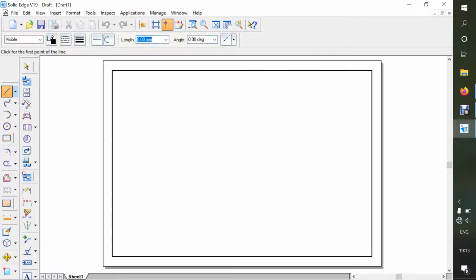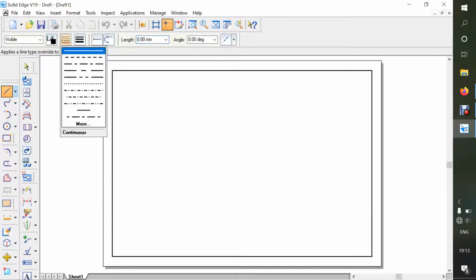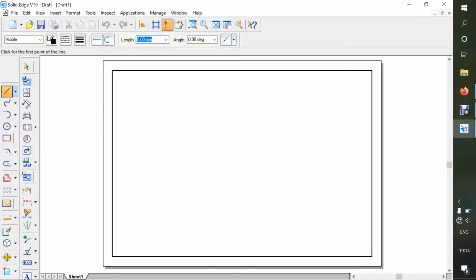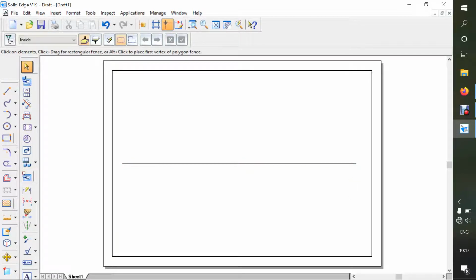The XY line thickness is continuous and 0.13. So you select the line command, go here, choose continuous and 0.13, just click, and it will start a line. Here it will ask for a length and angle. So you just press Tab and enter 0 degrees. You can see the line will not move, it will be horizontal. Wherever you want to end that line, click and press Escape or right click.